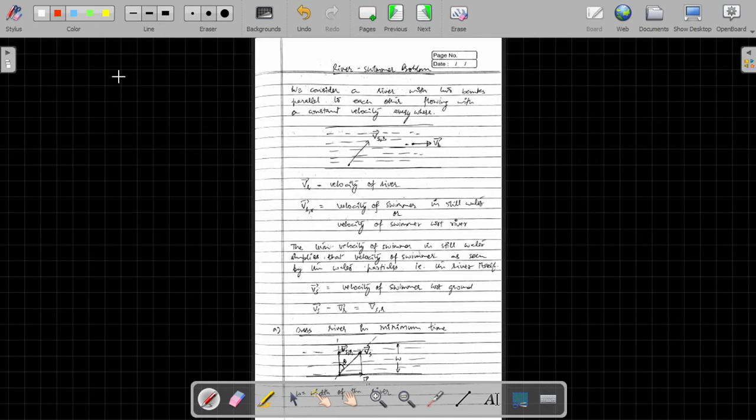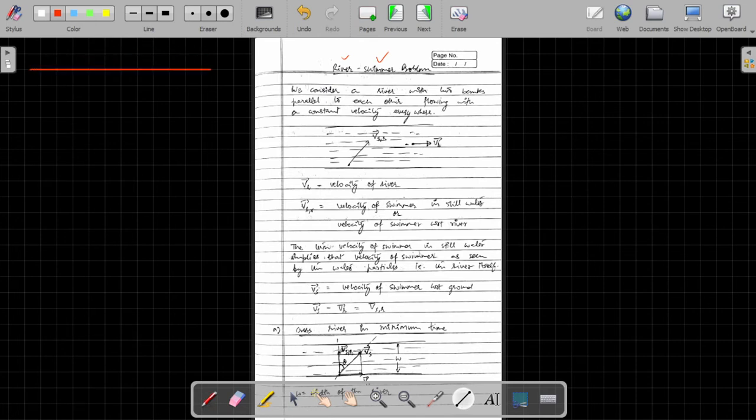Now in this particular problem, we are going to differ from that line of thinking. In this case, we will be given the relative velocity of the swimmer with respect to the river first, and we will be given the velocity of the river with respect to ground, and then we would be supposed to find the absolute velocity of the swimmer. So let us see how we go about doing that.